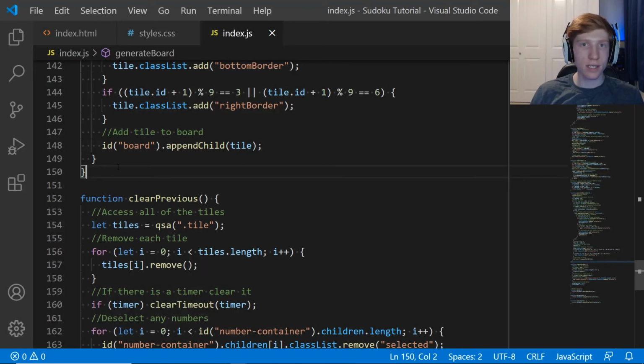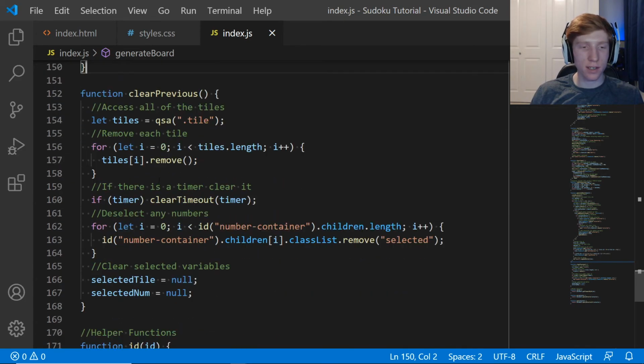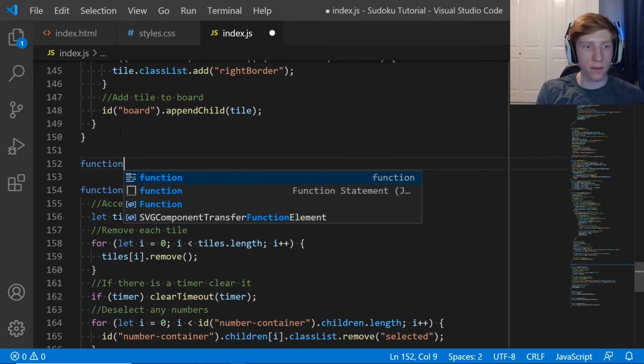Alright guys, now it is time to make that updateMove function that we've referred to twice now. I'm going to put this below the generateBoard function and above these ones because clearPrevious, clearTimeout, these aren't really going to be used anymore. They're just going to kind of have to sit there and do their job. So we're going to say function